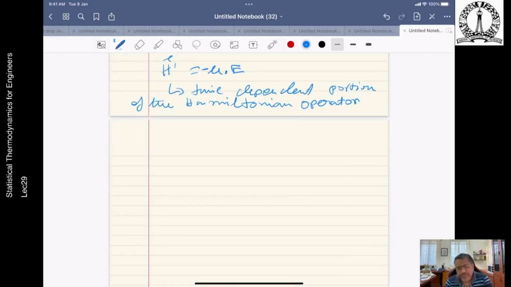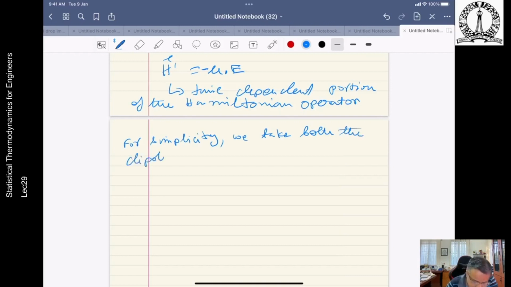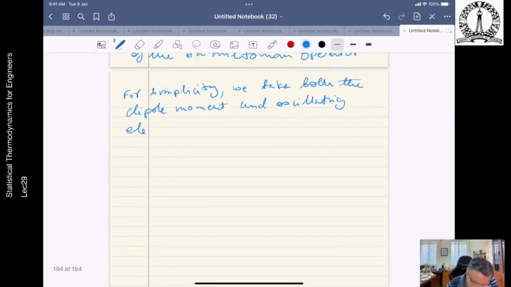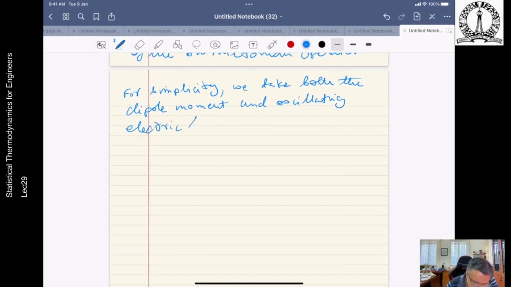So for simplicity, if we take both the dipole moment and the oscillating electric field to be in the same direction,